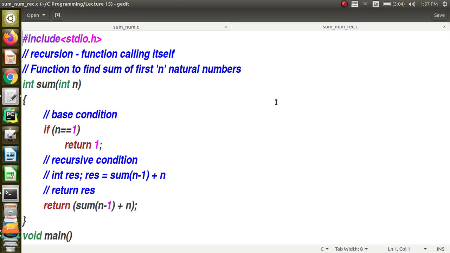That is the advantage. But when you look at the drawback, since each time an activation record is pushed, there is a lot of context switching happening. So of course it's a drawback, and the speed of execution will be slow compared to iterative solutions. Most of the problems for which we can write recursive solutions, we can also write iterative procedures, but you have to know both and have an understanding. Thank you.